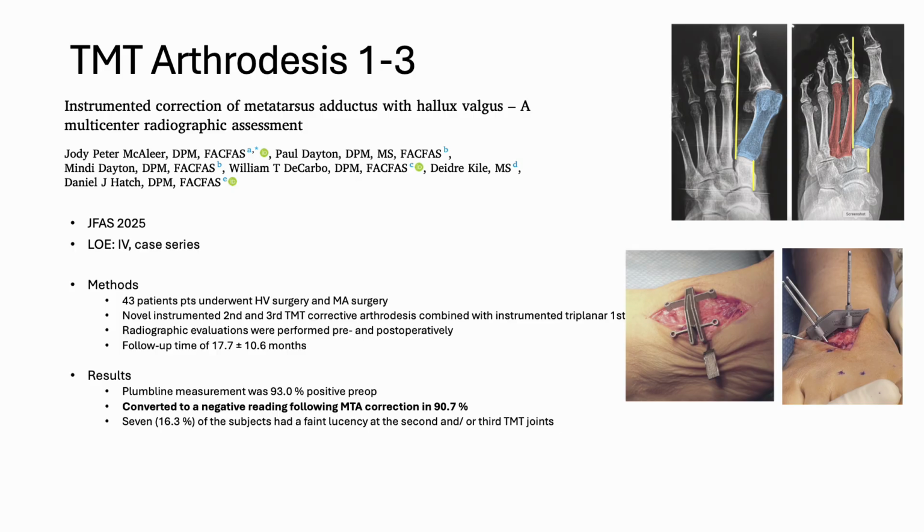7 patients had faint lucencies at the second or third tarsometatarsal joints. So going back to the previous paper, maybe this is what we don't want. We don't want to have the non-unions happen. They concluded that even though they had faint lucencies, they didn't have a lot of pain, so they concluded that they healed. So again, that's just a personal opinion. If I see a faint lucency, I see broken screws in that area, maybe they are stable and they have an asymptomatic delayed union or an asymptomatic non-union, which we all have, so I can't criticize that,